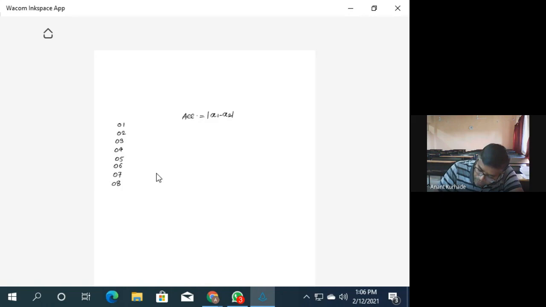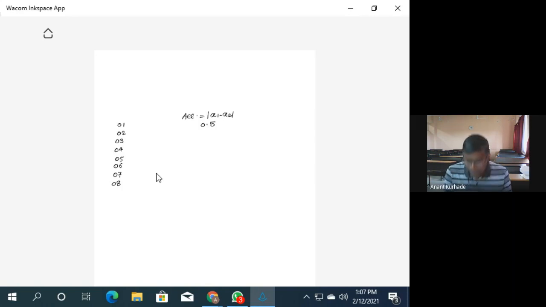Now tell me, for the first iteration we have x1 as minus 1.5 and x2 as minus 2. Tell me its accuracy. What will be the accuracy for the first iteration? Anyone reply? So it is 0.5. But what is given? We have given accuracy as 0.01. So for the first iteration, we have accuracy as 0.5. So this 0.5 is greater than the given accuracy. Is it correct?